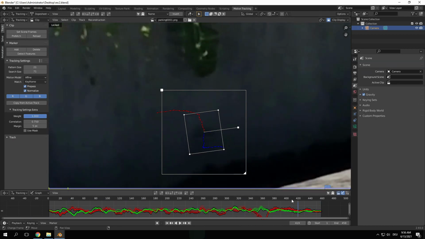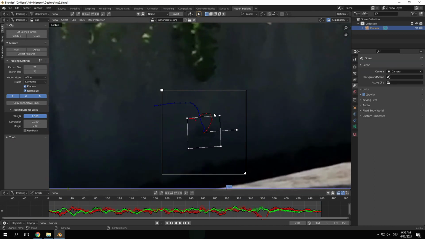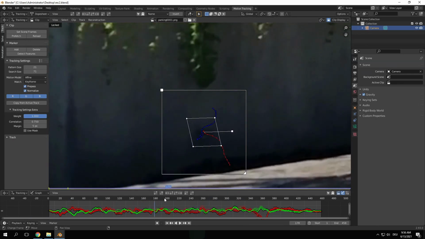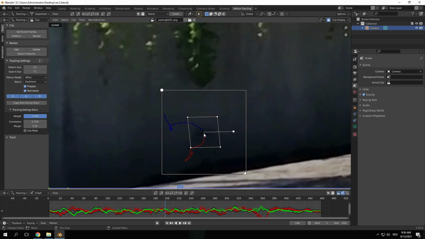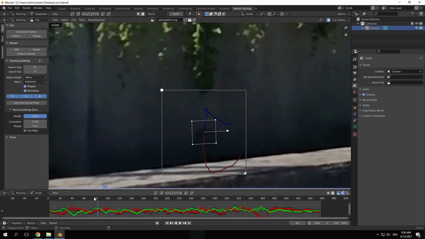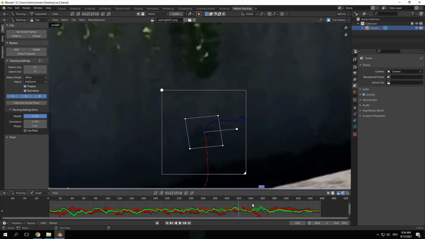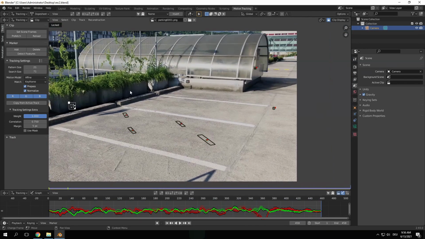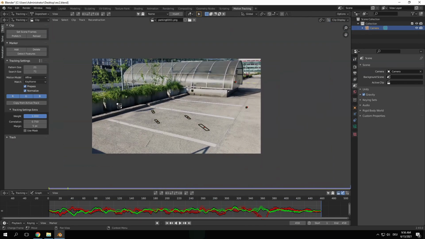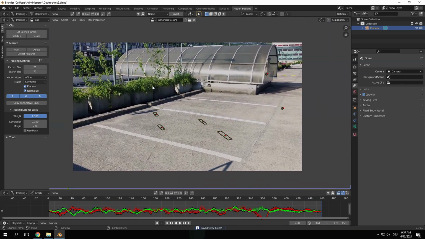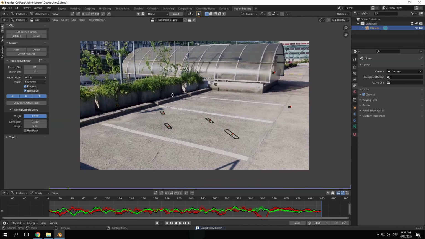You might think that it didn't track properly because it is wiggling around. However, this is no issue as long as the center point is staying in the same place. So it doesn't matter if those corners are moving around as long as the middle point is staying consistently in the same place, which it does. So we can leave this and we have our 8 trackers, so we can continue with the camera solve. So let me save the file with Ctrl S